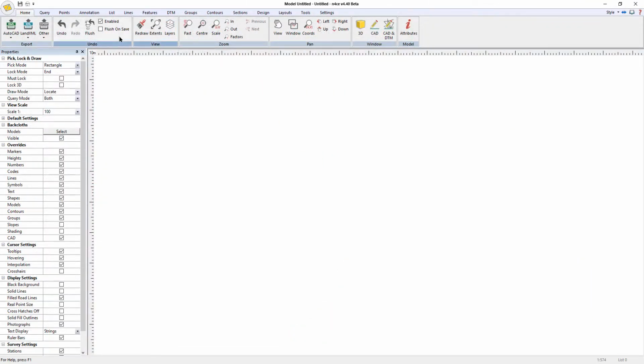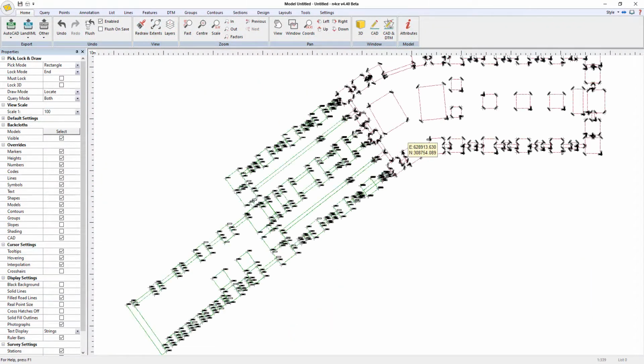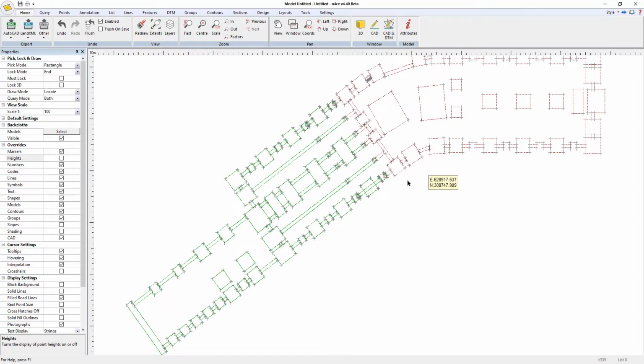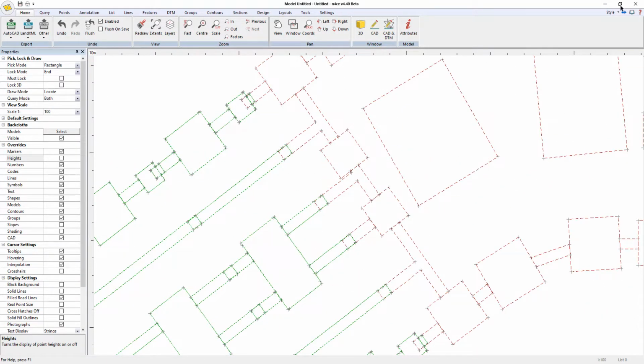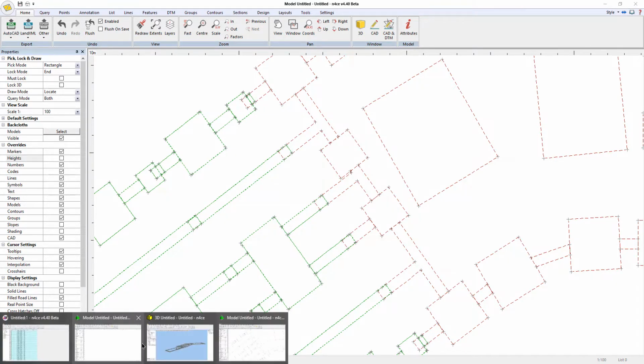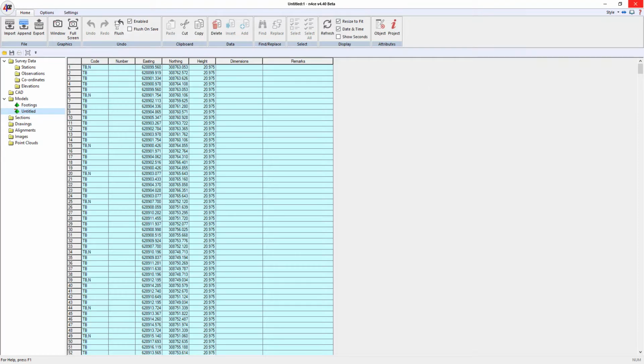Okay, so if I shut that down and hit refresh, or rather redraw extents, turn off the heights, there's our data. Okay, and obviously they're on top of each other, so I'm going to make life easy for myself and separate them out. So to do that, I'm going to go back to the project manager, and I'll rename this model here. I'll call that one, say,